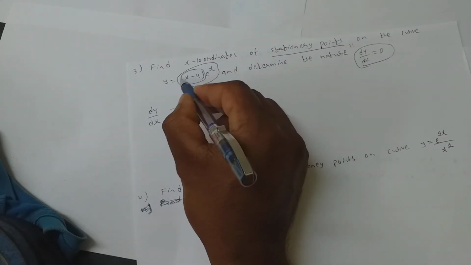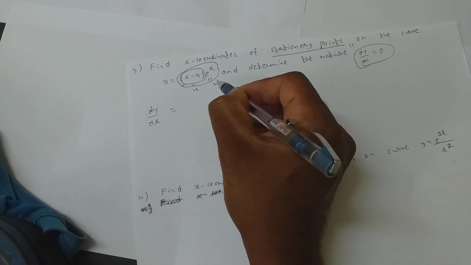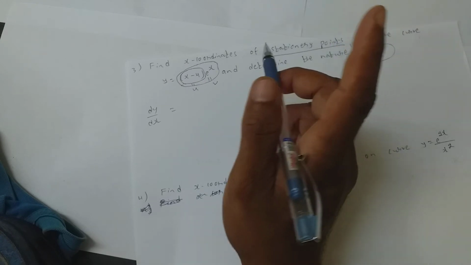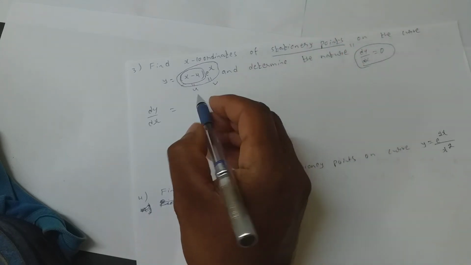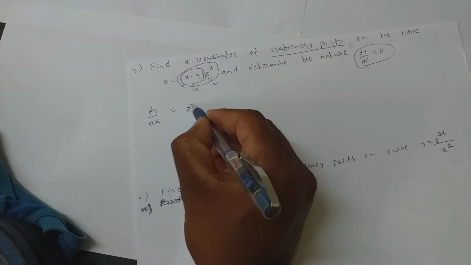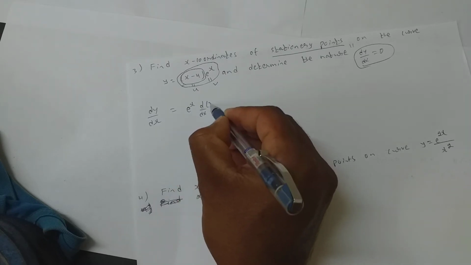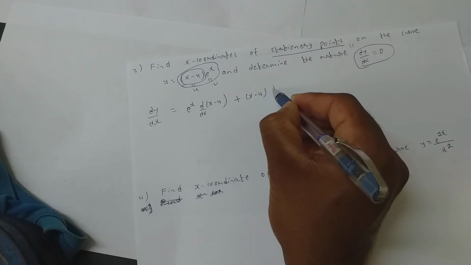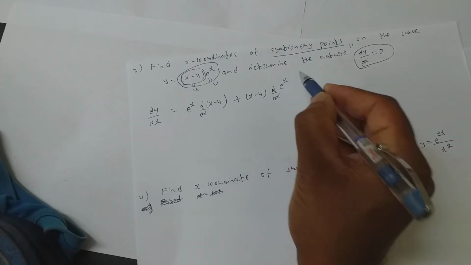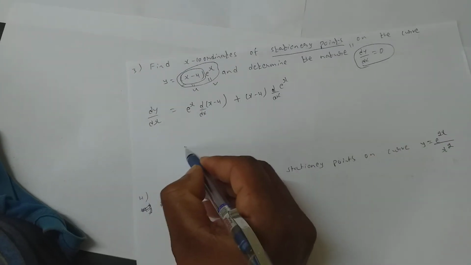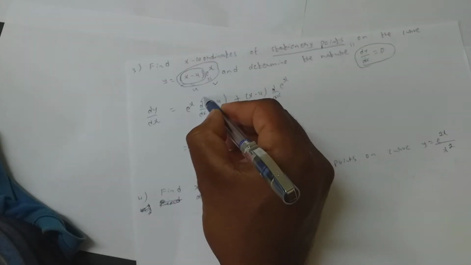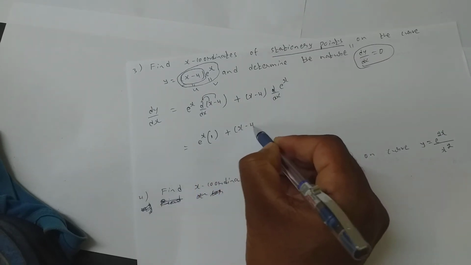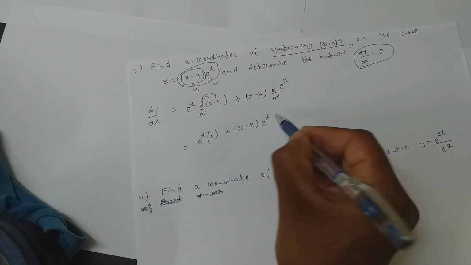So I assume this entire bracket to be U and this to be V. What does the UV rule mean? It's a product, so apply the UV rule. UV rule means differentiate one at a time with a positive sign. So if I differentiate x minus 4 here, the next time I should differentiate e power x. That's it. So it becomes e power x into, on x it is 1, on 4 it is 0, so it is 1, plus x minus 4 into e power x, I get e power x only.